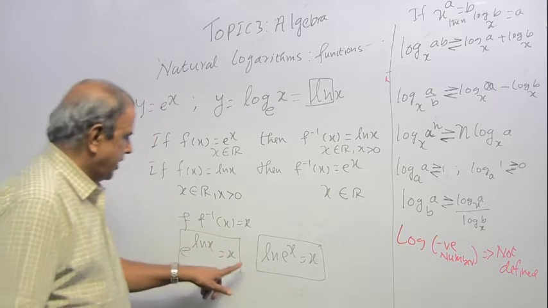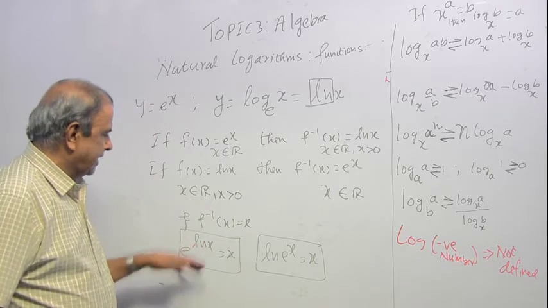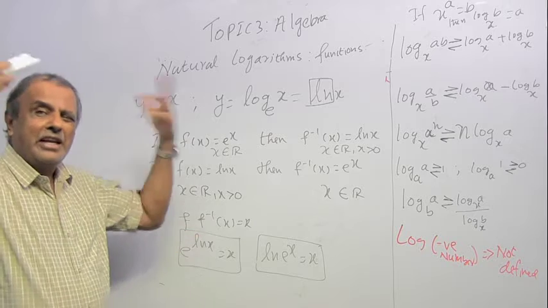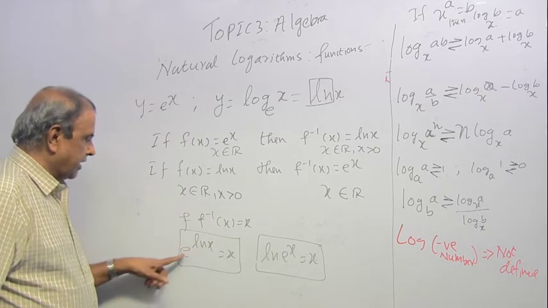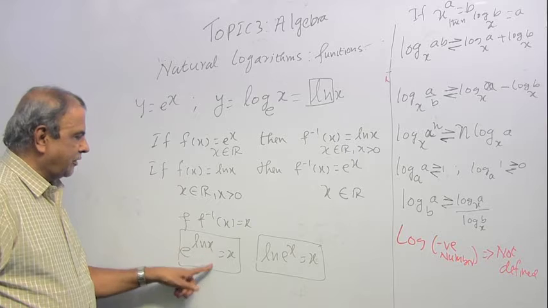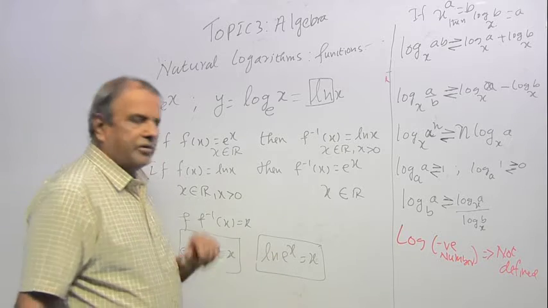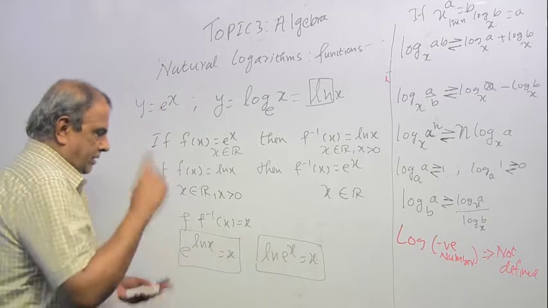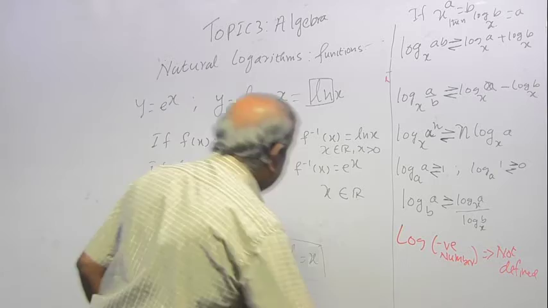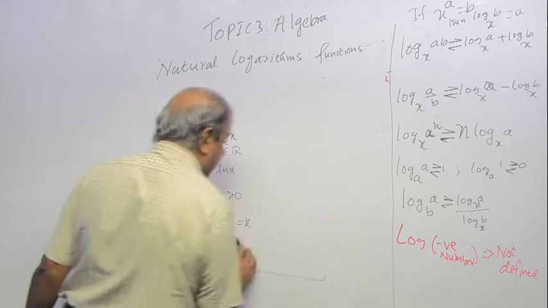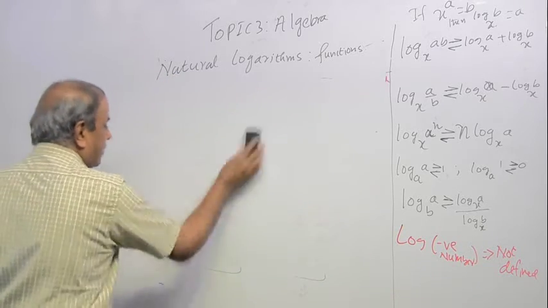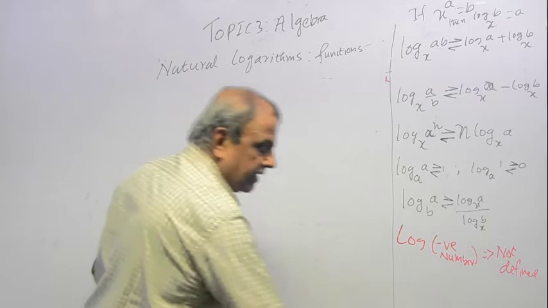ln e, the moment you see ln e or e power ln x, e and ln, mentally you can assume, even though mathematically not correct, they're inverses of each other, or they cancel each other, you're left with x. Right? The third relation is which sometimes I have seen a question in an exam using the fact that a